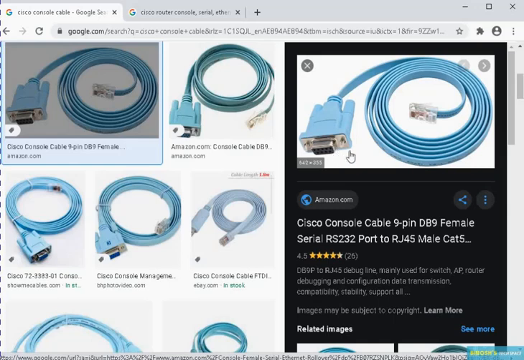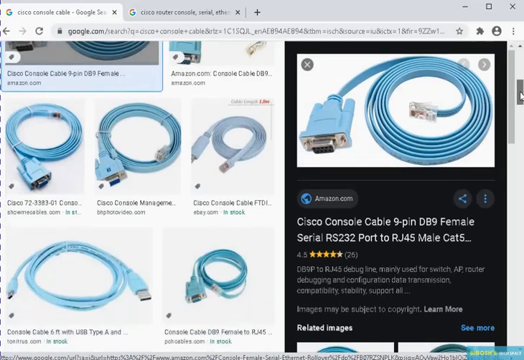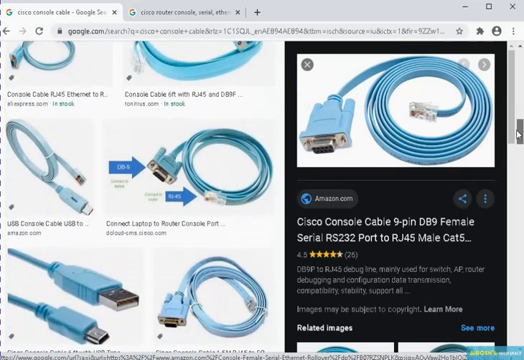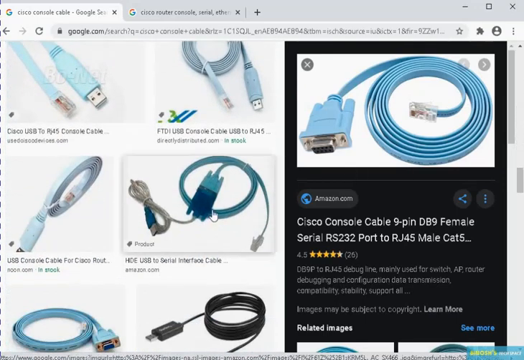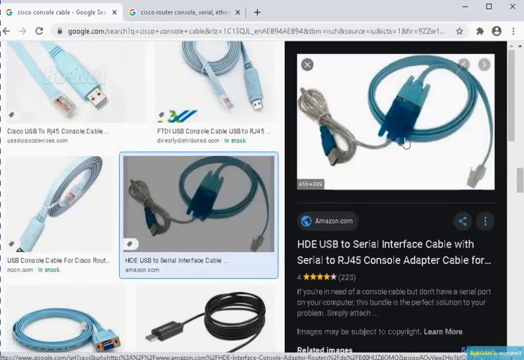Nowadays PCs do not come with any serial port, so we need to use a converter to be able to connect your PC and the device. You can see in this picture, this is the converter which converts the DB interface to USB. Then we can connect the PC.